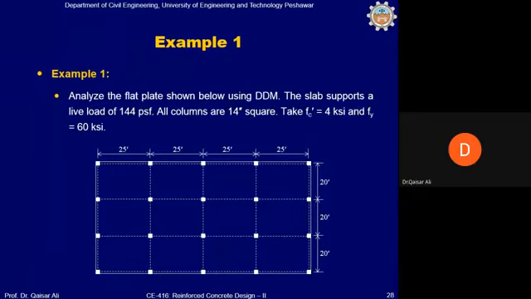अच्छा, नेक्स्ट वी विल अप्लाई दिस इक्वेशंस नाउ। दिस इज द केस ऑफ फ्लैट प्लेट, and you are required to analyze the flat plate shown below using DDM. The slab supports a live load of 144 pound per square foot. All columns are 14 inch square. FC prime is 4 KSI and FY is 60 KSI. ठीक है जी।